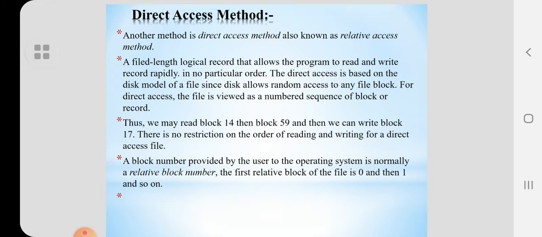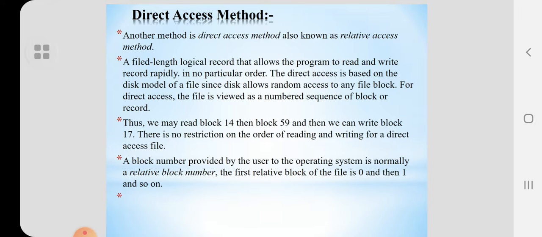A file is made up of fixed length logical records that allow programs to read and write records rapidly in no particular order. The direct file or hash file exploits the capability found on a disk to access directly any block of a known address. Direct files are often used where very rapid access is required, where fixed length records are used, and where records are always accessed one at a time. Examples are directories, pricing tables, schedules, and name lists.